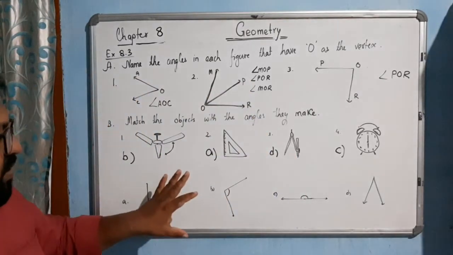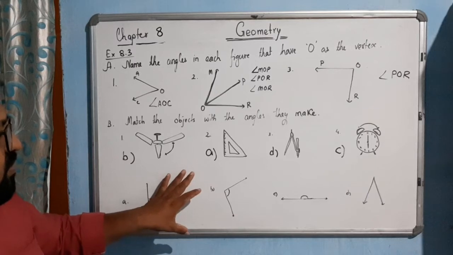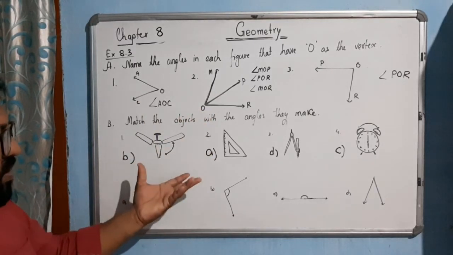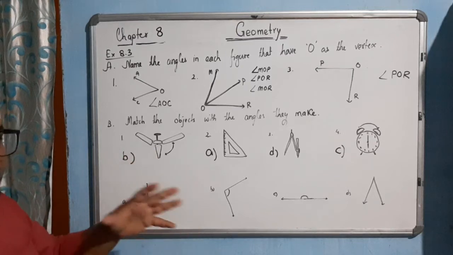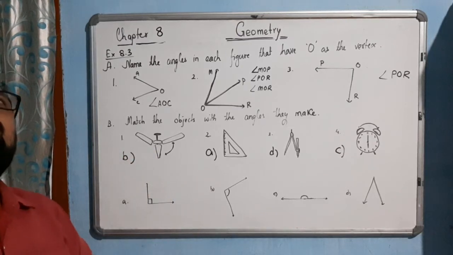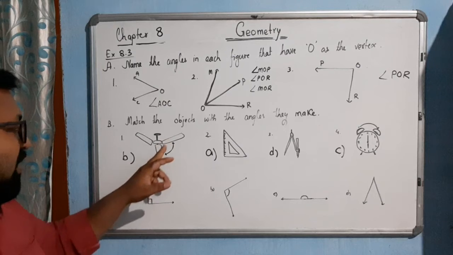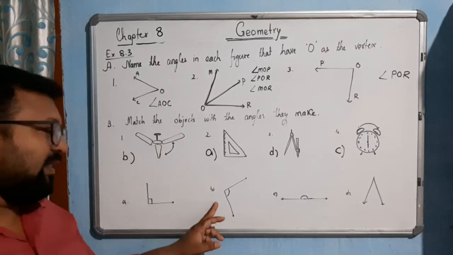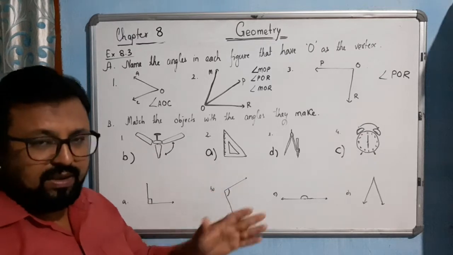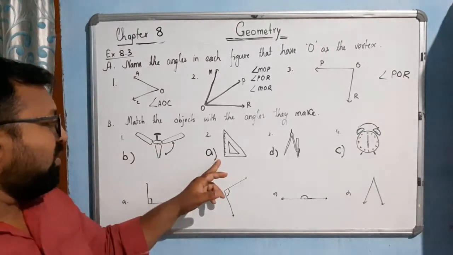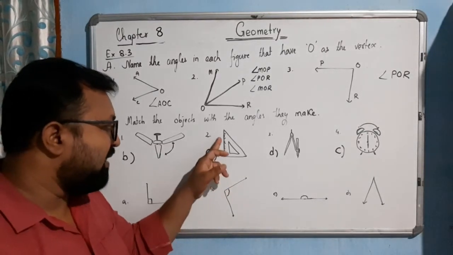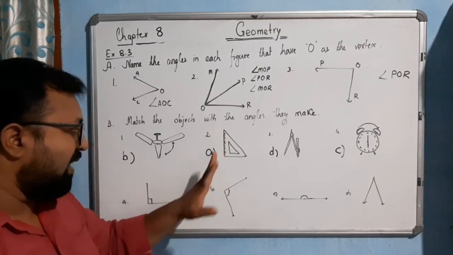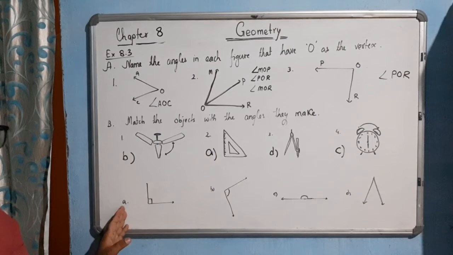Anyway, so you got the idea how to name the angles, and I think you got the clue also how we can measure the angles. You will have some idea. If you look at your fan, you can clearly say that the measurement or the distance between two blades is more than 90 degrees. So it will be like this. If you see the set square in your geometry box, you will see this angle between these two sides, this side and this side is 90 degree. So it resembles figure A.